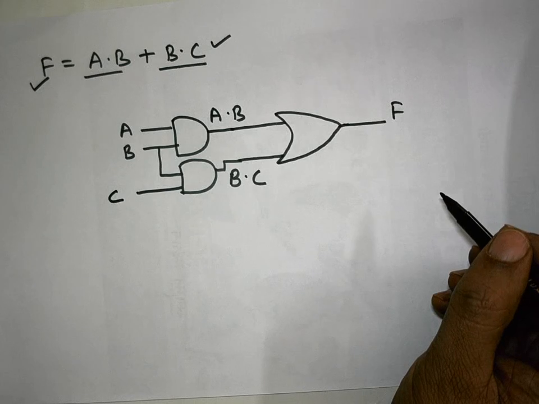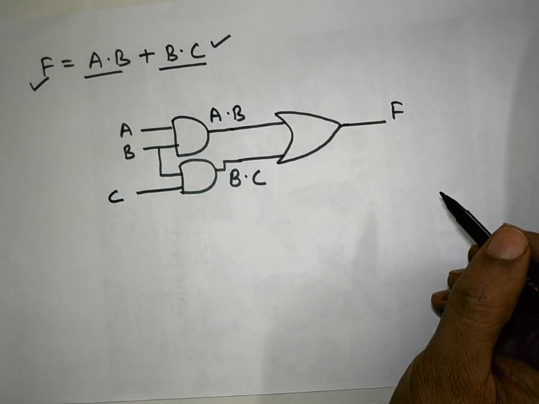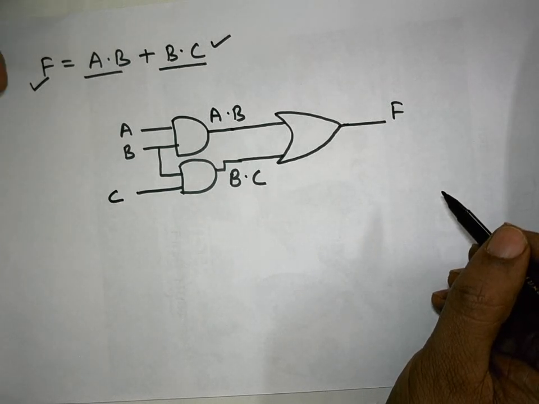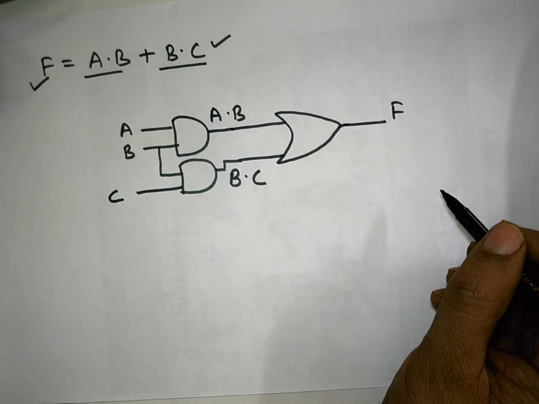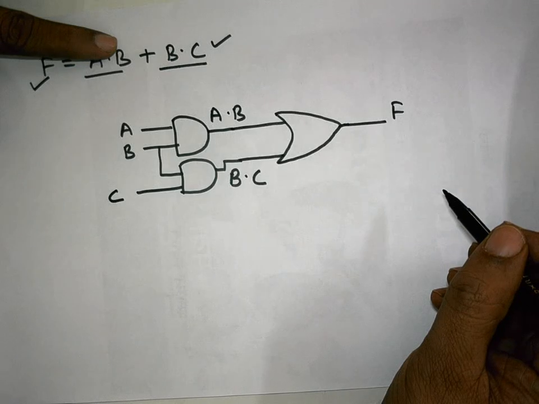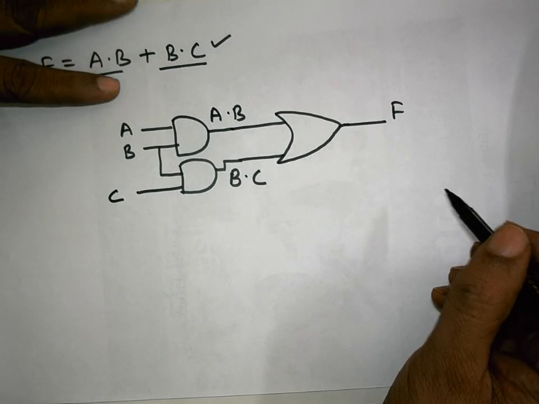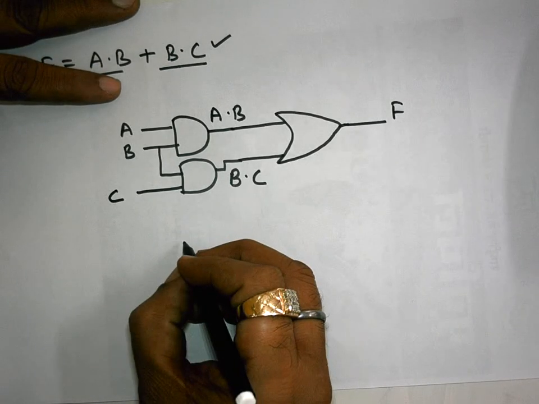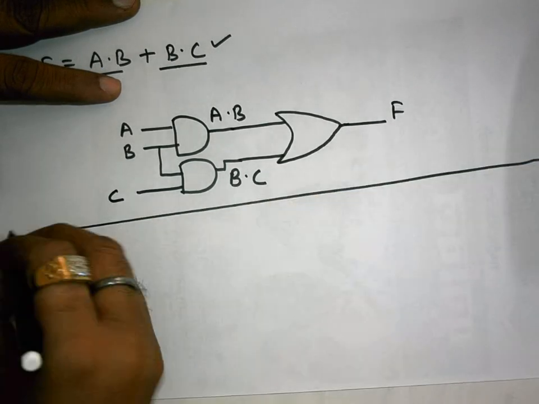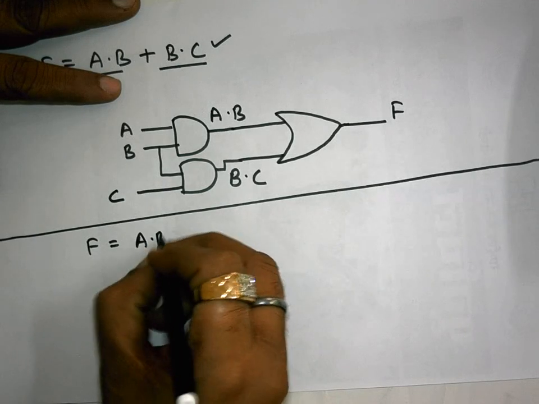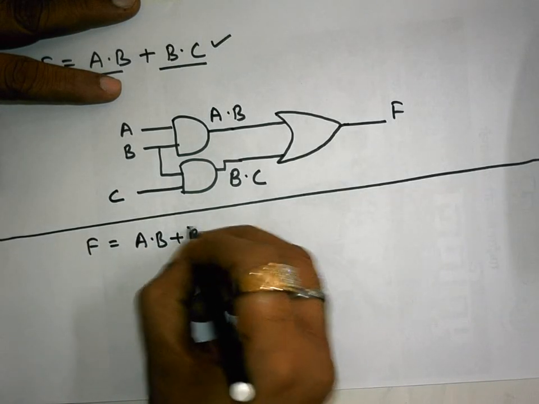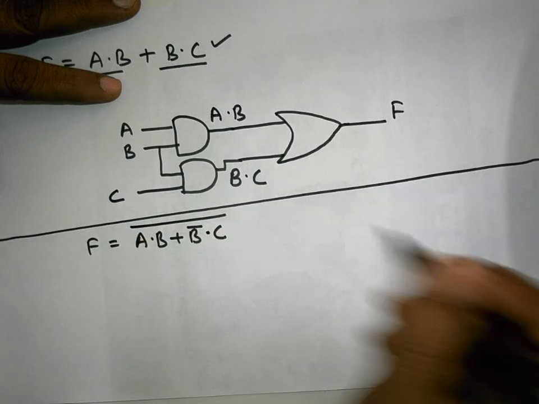But our goal is to make things quite simple. It means we have to realize the ultimate circuit using as few gates as possible, as minimized as possible. So, suppose somebody is asking you to design a circuit which gives this expression at the output: F is equal to (A dot B plus B bar dot C) whole bar.